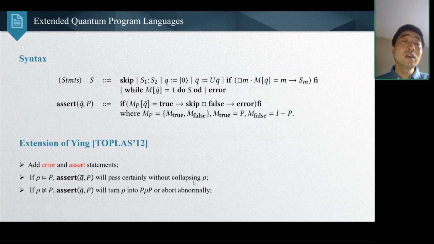So we have to define quantum program correctness. We have to extend quantum Hoare logic to add errors and an assert statement. For simplicity, we consider assert as a projection. For instance, if rho satisfies P, then assert Q, P will pass with certainty without collapsing rho. And if rho is not in P, assert Q, P will turn rho into P rho P or abort